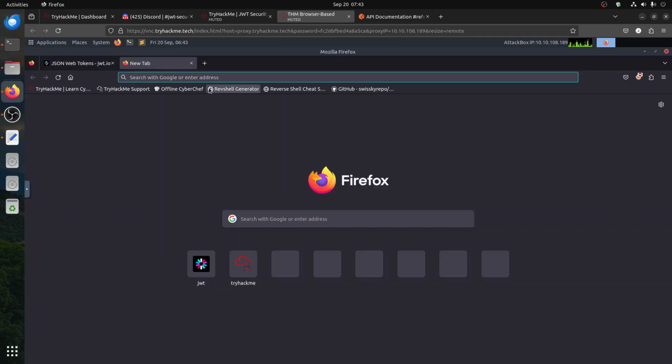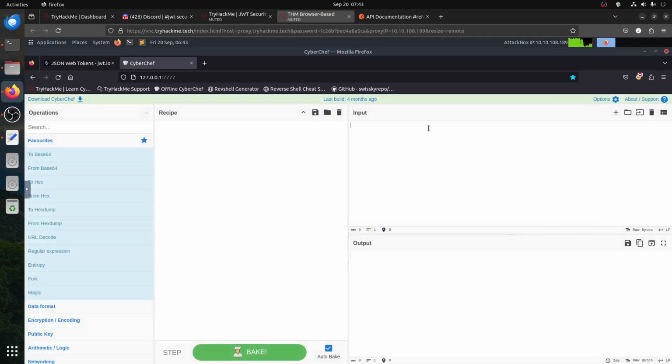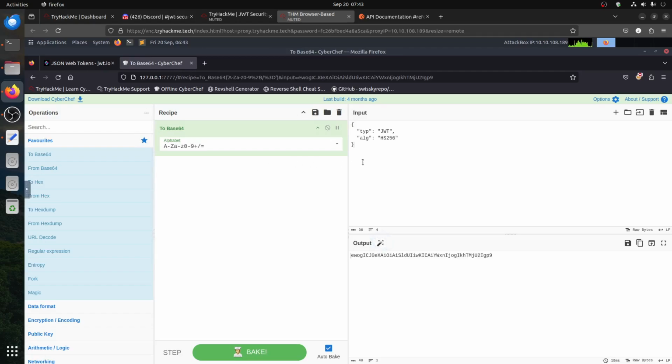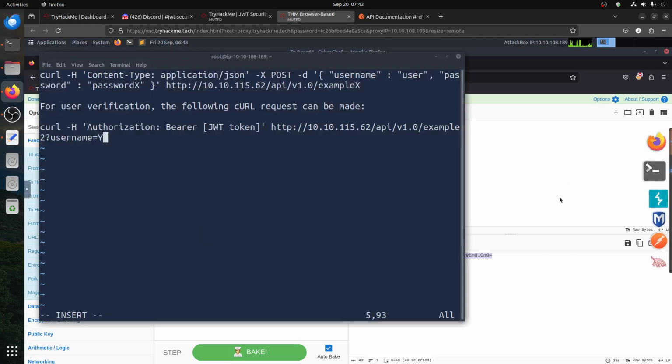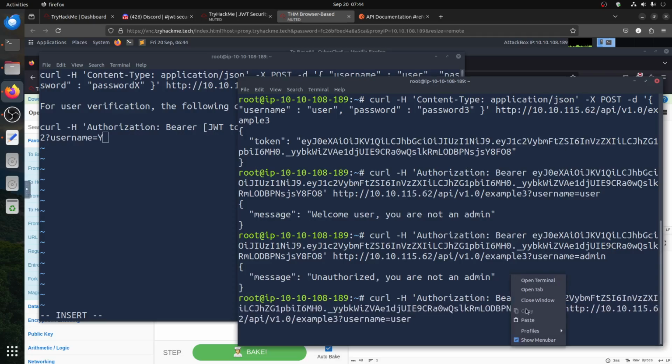and I can go to our friend CyberChef. I need Base64, and then the algorithm is none. And here's a very interesting part. In the JWT standard, you need to remove that equal sign. But let me show you. If I take this one as it is, let me show you something. Let's start with the user. It should not work, because you need to remove that equal sign, since the standard doesn't have the equal on it. So if I put this there,